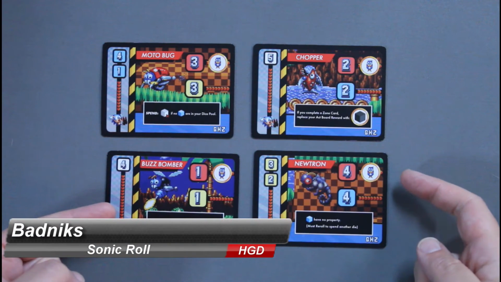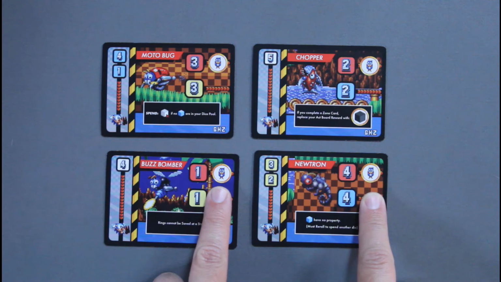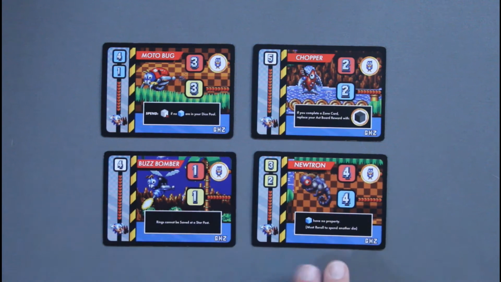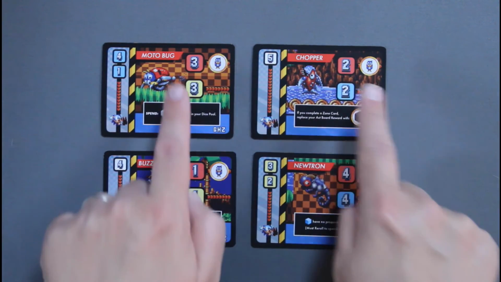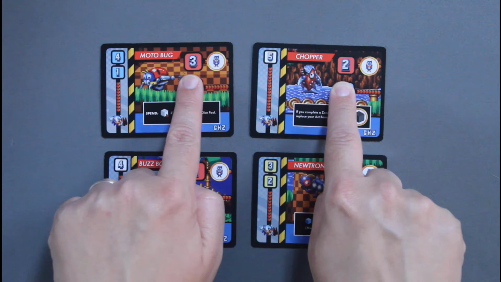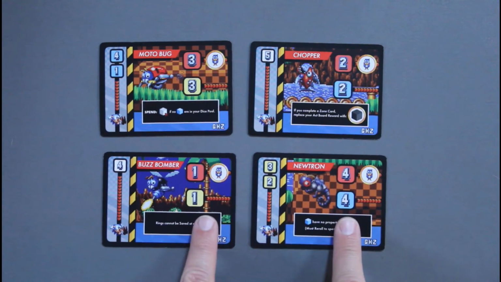Badniks are the robot army that Dr. Eggman controls and contains Sonic's animal friends within. When a Badnik is gained, its effect immediately goes into play. The only way to get rid of a Badnik is by spending a red dice of the appropriate number in order to release the animal friend, or by spending the number and color right below that in order to avoid